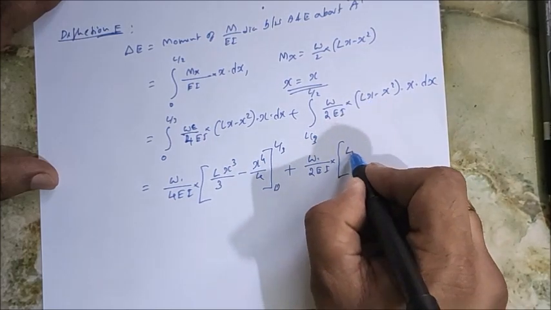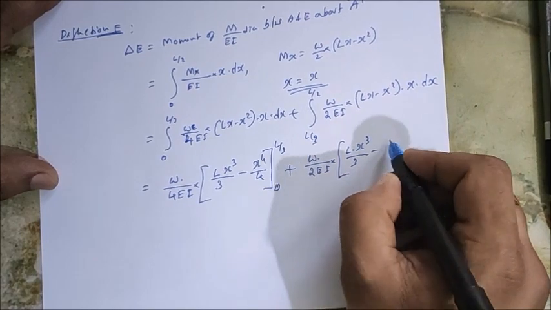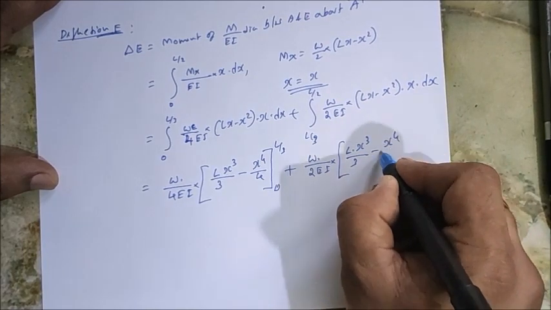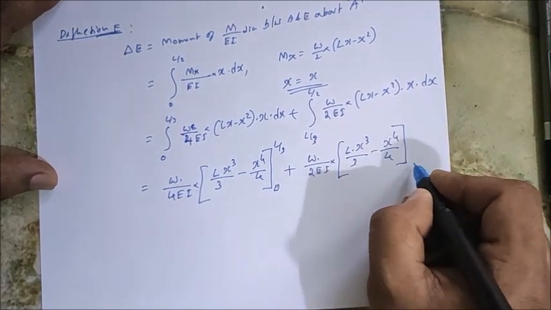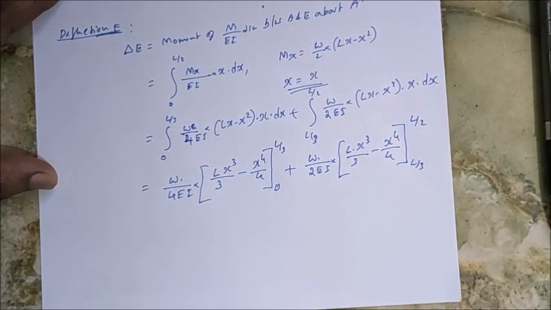So same here, integrating L x square minus x cube by 3, we get x to the power 4 by 4, with the range from L by 3 to L by 2. Now you simplify this one. If you simplify, you will get